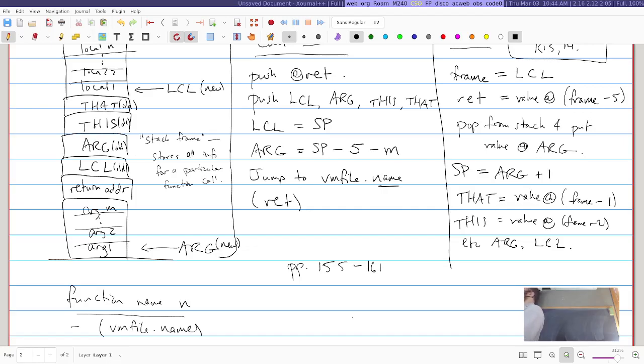So maybe one virtual machine file comes from some code that you wrote and compiled. Another virtual machine file could be the operating system that's provided. So you can take some provided VM files and your own VM file and turn them all together into one big blob of assembly. So I wanted to